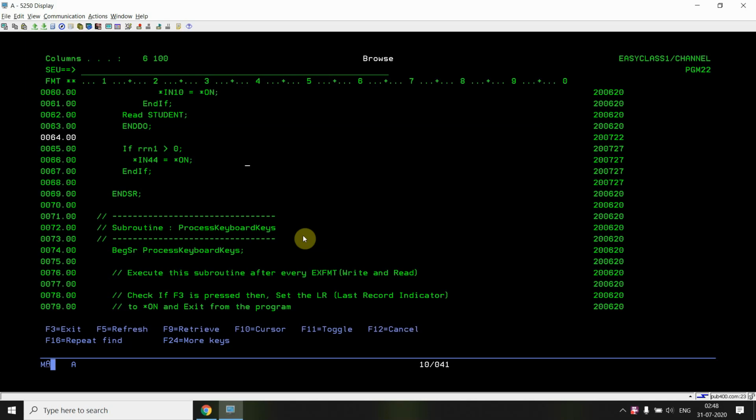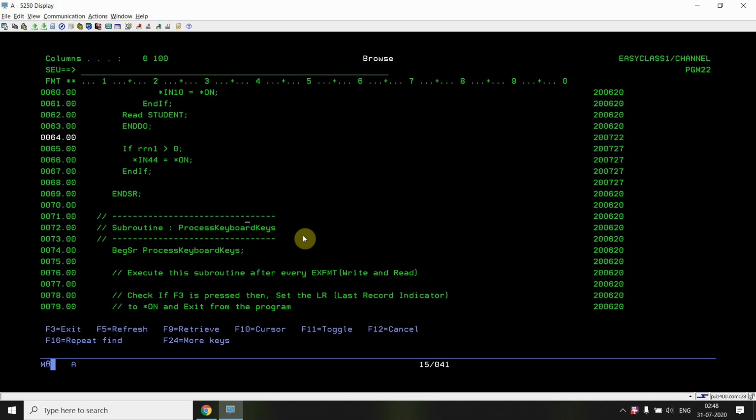If it is not on, you won't be seeing those things. So after loading all the records, you have to set this indicator on if you have loaded at least one record. This is the handling which you need to include in your subfile program.